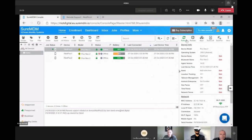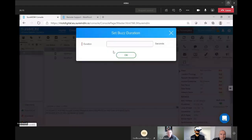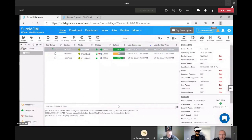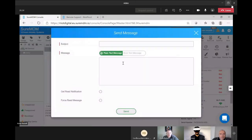A really cool area within the platform that we're using for this mobile device management is the remote buzz function. So on here you can actually buzz the device. We'll just buzz Dave for a second just now. And you can see buzz initiated. It also gives you insights down at the bottom as to what has happened during that session in a log. And another cool thing that we can do here is